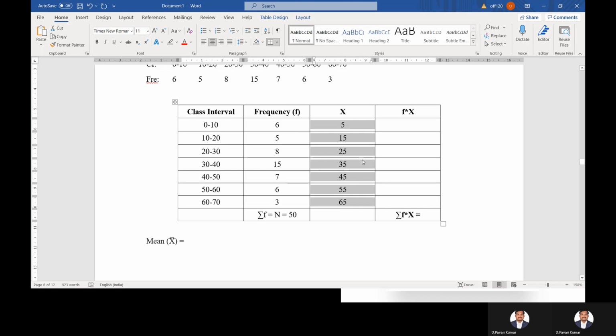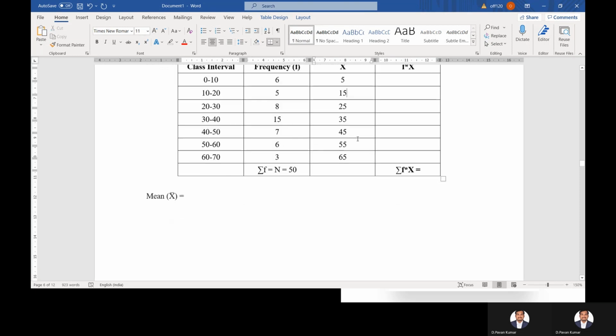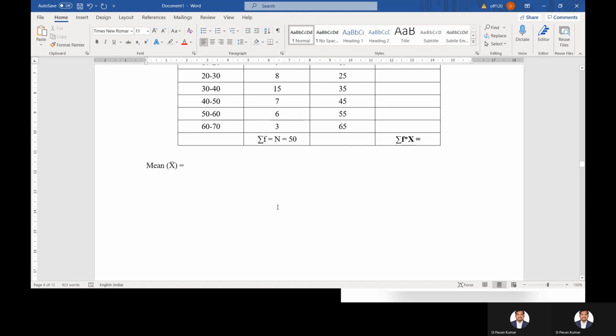But my question is, why should we take only middle values? What is the speciality of a middle value? Let me take one example over here: 1, 2, 3, 4, 5, 6 and 7. Once we find the average of this distribution, definitely I'll get the answer as 4, because the sum of the observations is 28 divided by the total number of observations, 7.